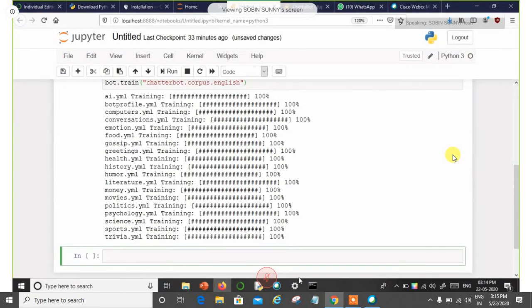Now we are going for the main thing. The training has been completed. The final step is chatting. The chatbot should be able to chat with you, right? Sometimes I might be chatting with the chatbot for maybe 5 minutes, and you might be chatting for about 1 hour, while someone else might be chatting for half an hour. So we cannot predict a time. Chatting is like an infinite procedure.